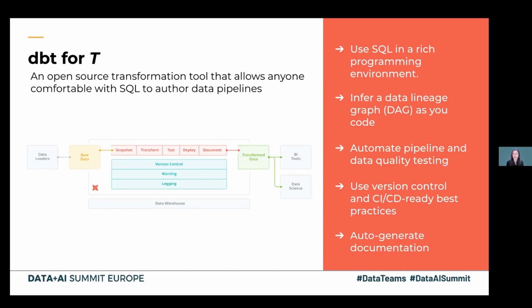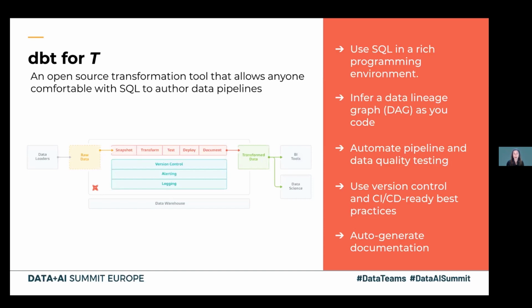One of the most fundamental things about dbt is that dbt can infer a data lineage graph or a DAG as you code. So dbt has the ability to have something called a reference function. In a reference function, you can actually refer from one part of your data pipeline to another part of that data pipeline. And that creates, in data engineering speak, an edge in your DAG, meaning that it enforces that reference every time you run your dbt project. So that means that, for example, you don't have to tell dbt in what order to run different parts of your data pipeline. dbt can infer that and knows that for you.